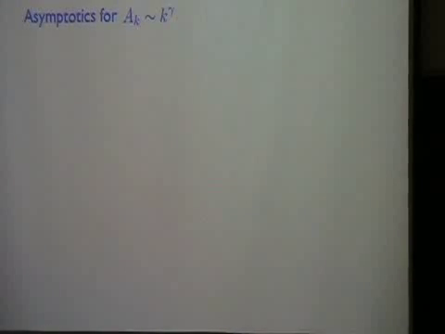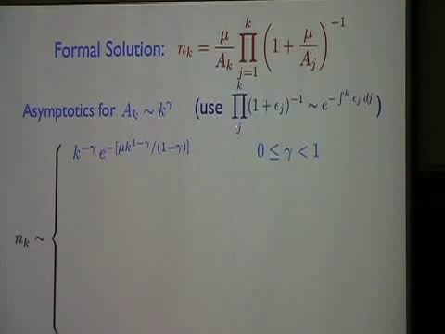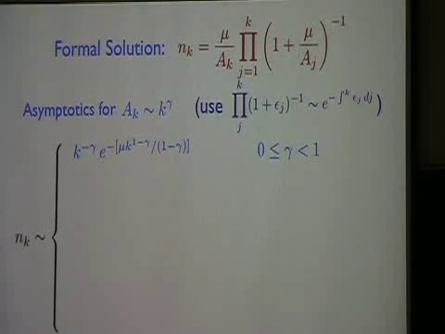So again, we start with a formal solution. And I want to now look at the asymptotic behavior of this distribution for this power law preferential attachment. So what I'm going to do to find the asymptotics is a very handy-dandy trick, which if you haven't used it yet, it's worth learning because it's very handy. So you see here we have a product of 1 plus a small correction factor, which is going to vanish as j goes to infinity. So if we have this product, 1 plus epsilon_j to the minus 1, what you do is you write this as e to the sum of the log of this thing. And if this thing is going to 0, then e to the sum of log.